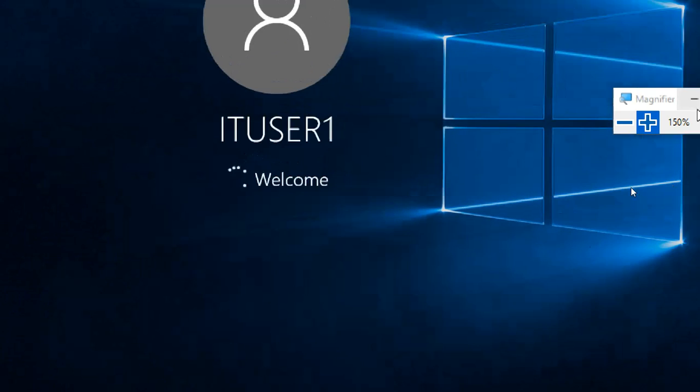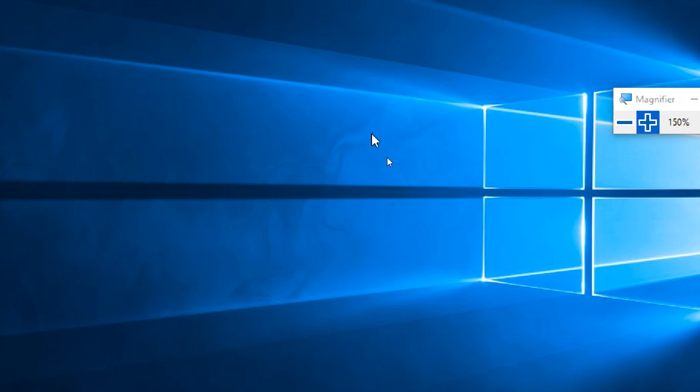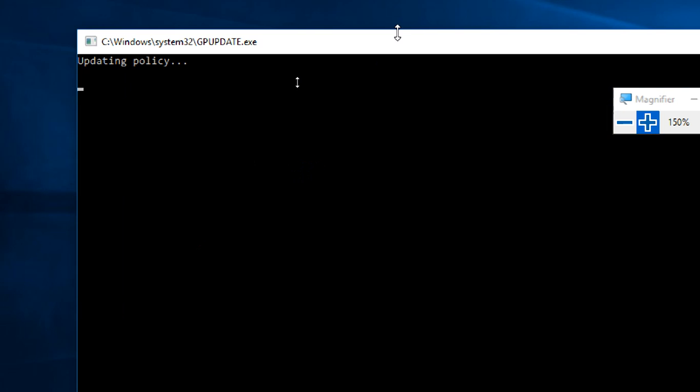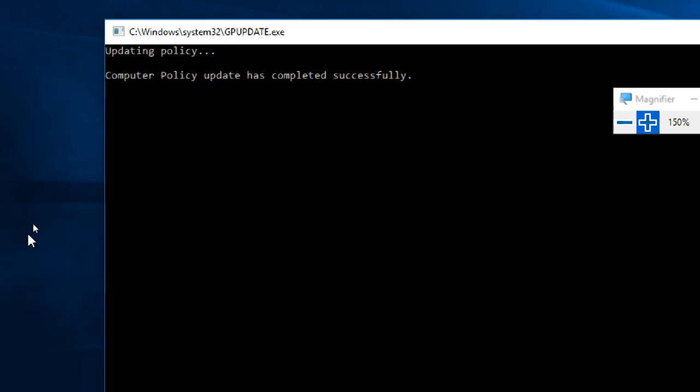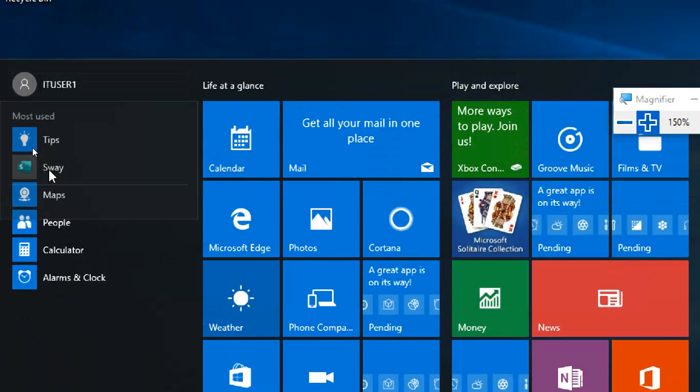Because I applied it in the domain, it should apply to all users in the domain. Now it is not applied. Why is it not applied? I don't know. Not required. Once you sign out and sign in, it is enough. Actually, group policy update is not required once you sign out.